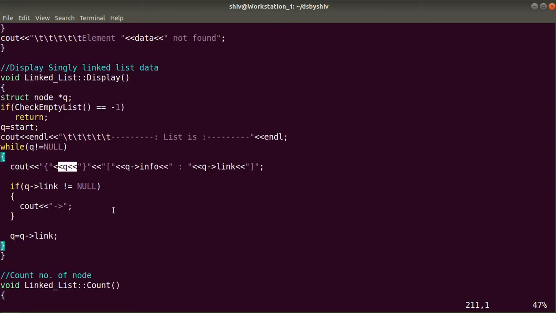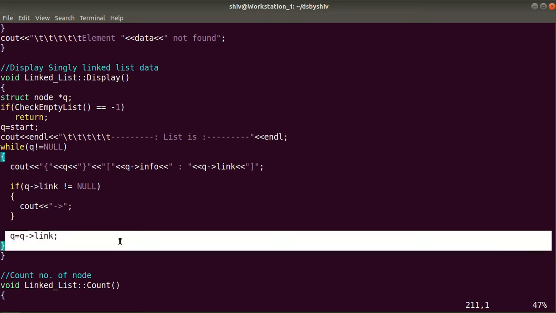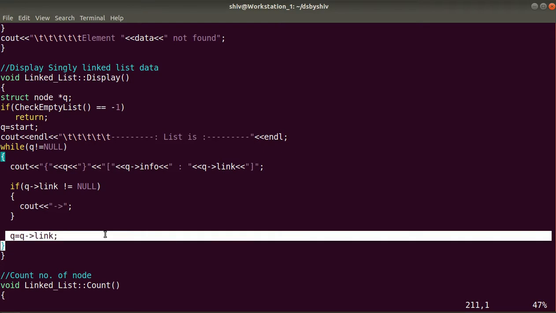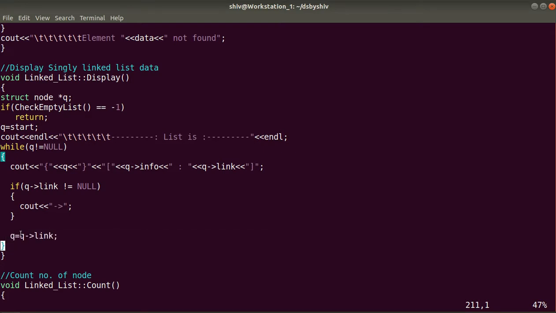And here we are printing the arrow, so we are putting a condition: if q link is not equal to null, meaning if it is not the last node, then we will print this arrow to denote the pointer. And at the end of the while loop we will proceed to the next node, giving the address of the next node so that we can print the linked list. Okay.